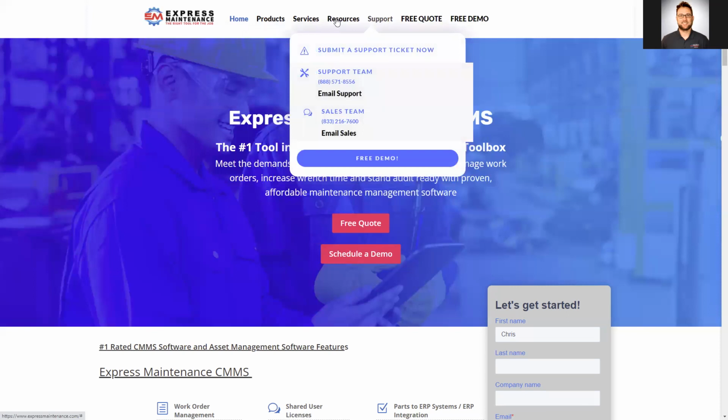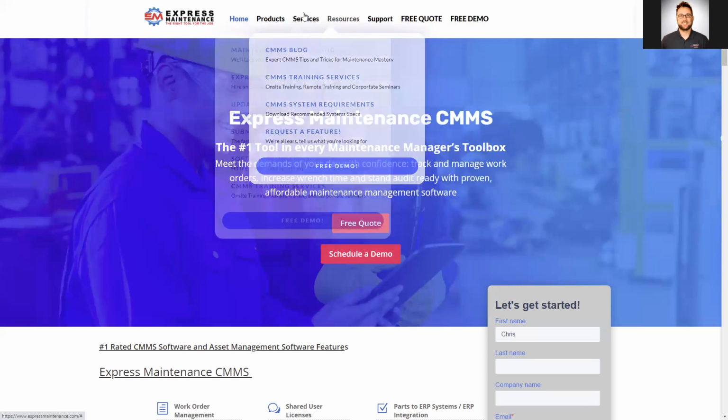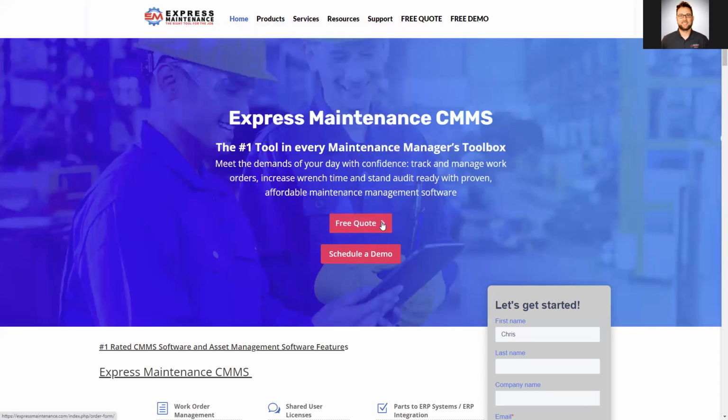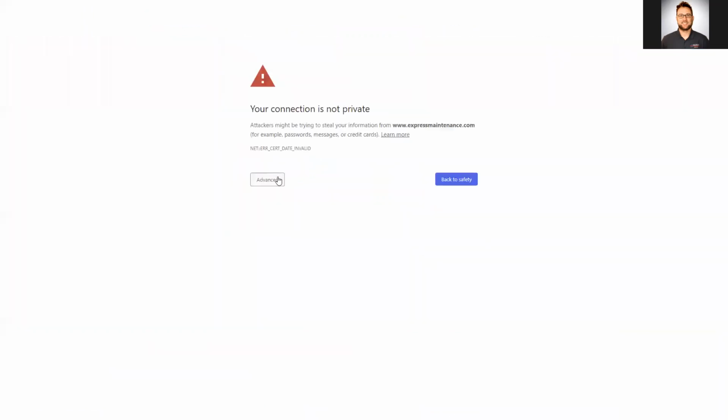So then resources: you always want to make sure that you check here for system requirements and see our updated blogs. Under services, you also want to make sure you can update the software and see our latest releases and things like that. Feel free to always get a quote or schedule a demo. If you pick to get a quote, then you're going to be taken to